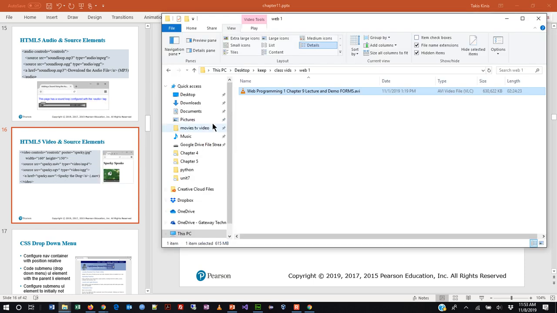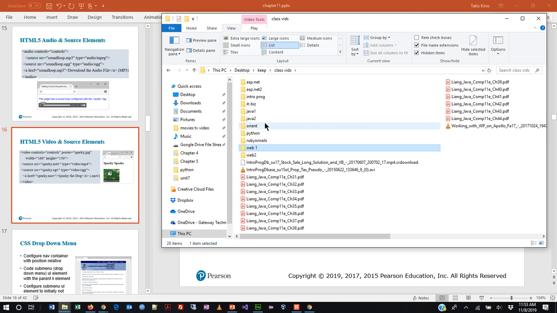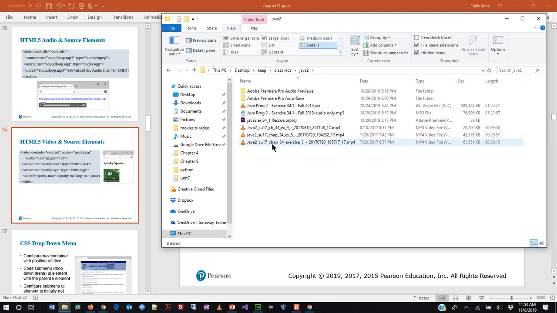These other formats that I had, so here in my Java 2 folder, where I have these MP4 files, notice the difference in size. This is only 61 meg. It's still pretty big, but it is significantly smaller, and that's only a half-hour video. In fact, this 10-minute video is 23 megabytes. That's still huge. And I don't want you taking videos of that size and putting them in your projects. You guys hearing me? I'm going to show you a different way to get your videos into your web pages,